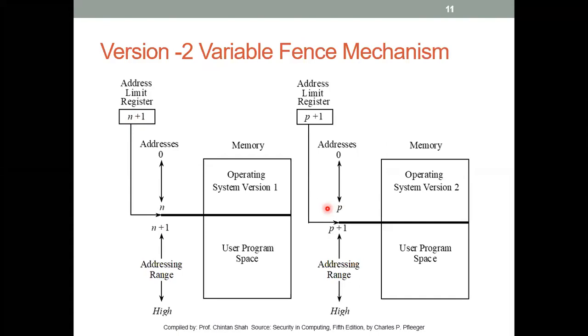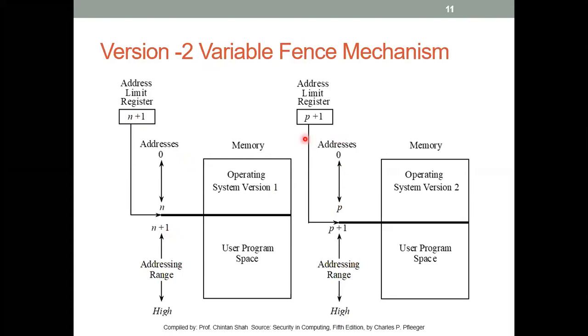Sir, here it is written as 0 to p. Here it was written as 0 to n. Here it is written n plus 1 to n. Here it is written p plus 1 to high. This is what I was expecting, but I'm very happy that you have answered very correctly. That is the dynamic memory size. That's what I was looking for, right?